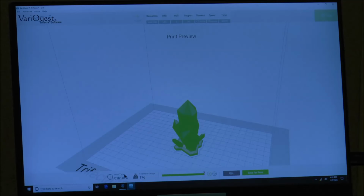So that's very helpful information. We also have a cost calculator on our VariQuest Resource Center. On the home page, click on Trifecta, then click on the cost calculator, and you can input the estimated weight, and it will give you an approximate cost for that object. Great for your student-based enterprises where you are tracking costs because maybe you're selling different things in your school store or whatever. It's nice to be able to calculate what the estimated cost will be of that